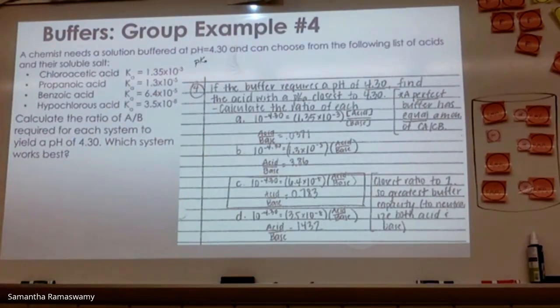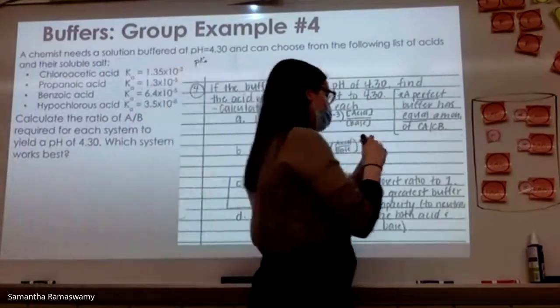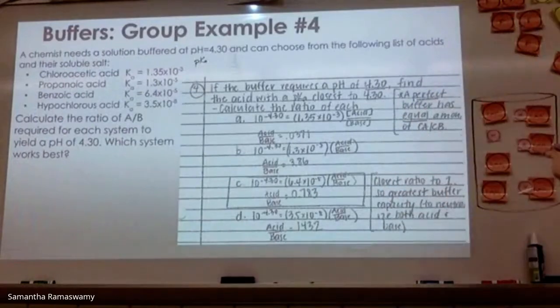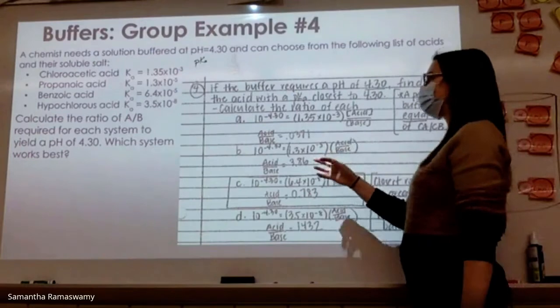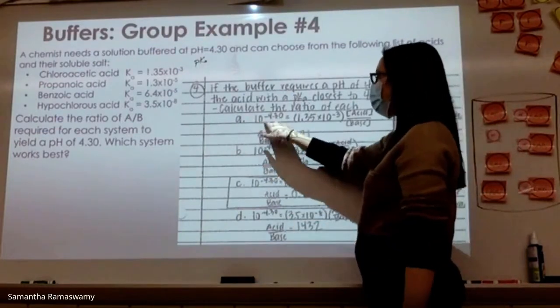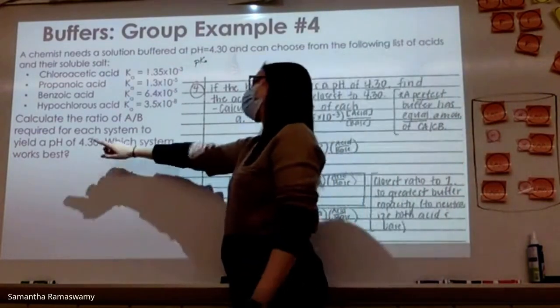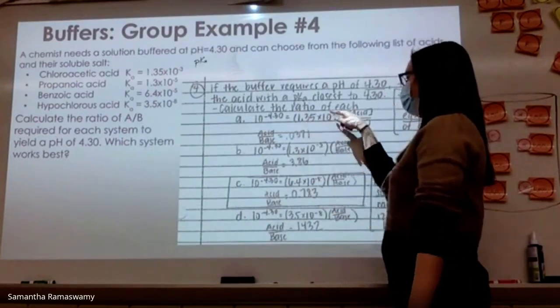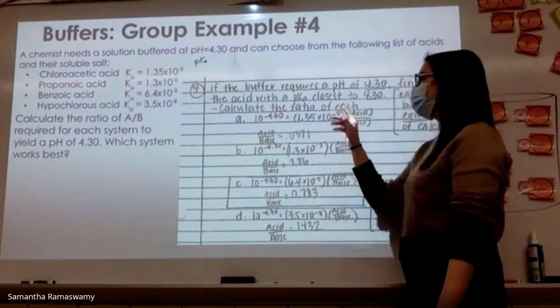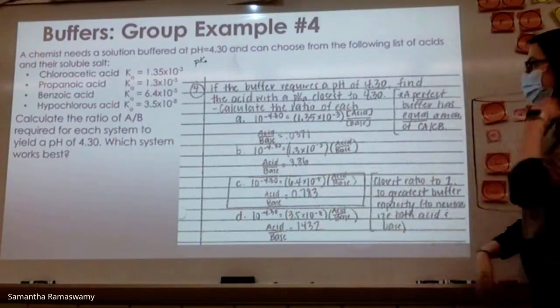So just like what we did before, H plus concentration is 10 to the negative 4.3 for each one. Then I used the Ka values that they gave for each acid, and I divided those to figure out the ratio of acid to base. Now, two things with this. A perfect buffer